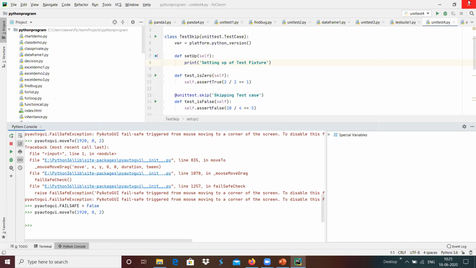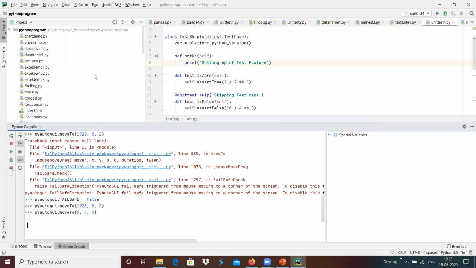Moving the mouse to the corner position, here we have the corner position, mostly triggers a close kind of thing, and because of that we are getting this kind of scenario. If we wanted to move it to the x position, maybe we can do that with the option 0 comma 0 with 5 seconds over here, and we can see the mouse gradually moving from the current location to 0 cross 0 in 5 seconds.